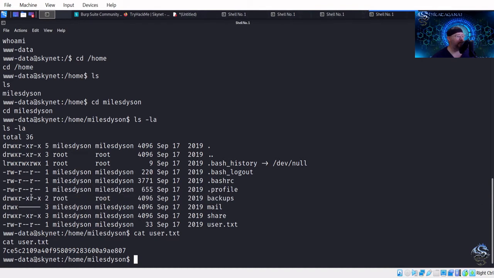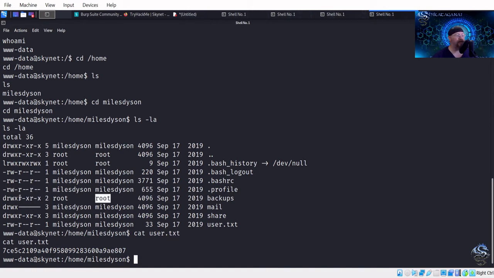Let's see. All right, so right here, by the way, let me go over these permissions for a second in Linux if you're not familiar. The first three that you see right here, you'll see the R and the W and the X. R means read, W means write, and X means execute. This first section is for the owner of the file, who in this case is root. The next three octets, if you will, are going to be for the group that person is in, which is